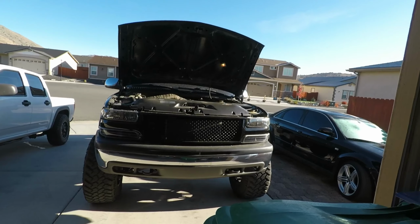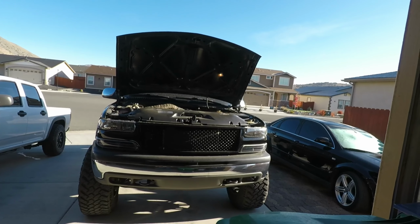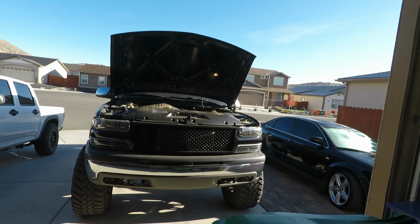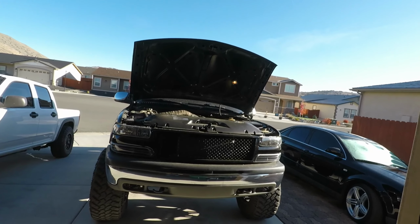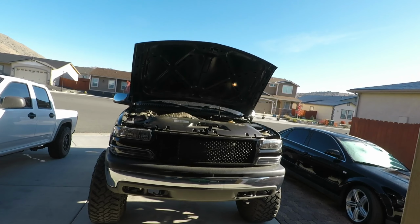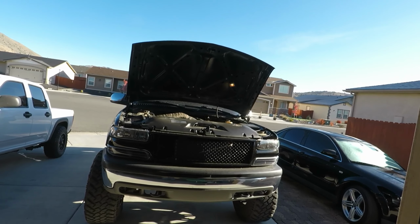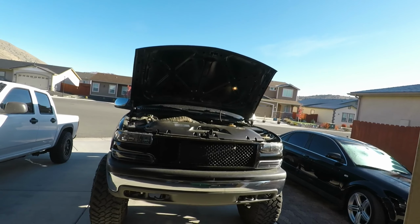So not sure what's going on. I did buy new plugs. When I do the plugs, I'm going to squeeze the end of the spark plug wires to make sure we got a good connection. Maybe they're loose or something. Also, while I have the plugs out, I'm going to